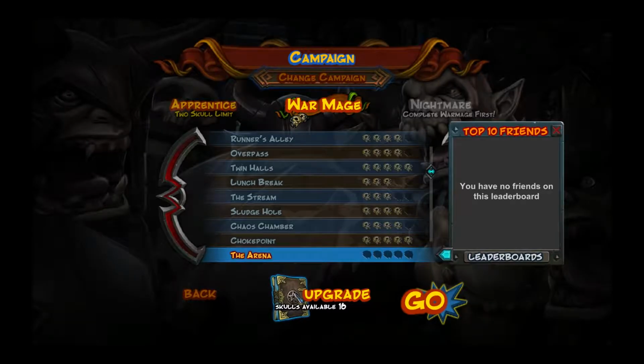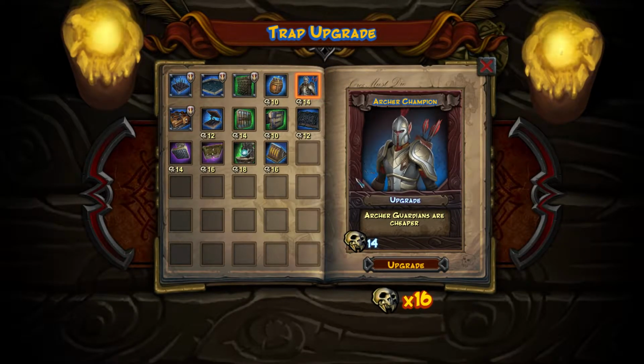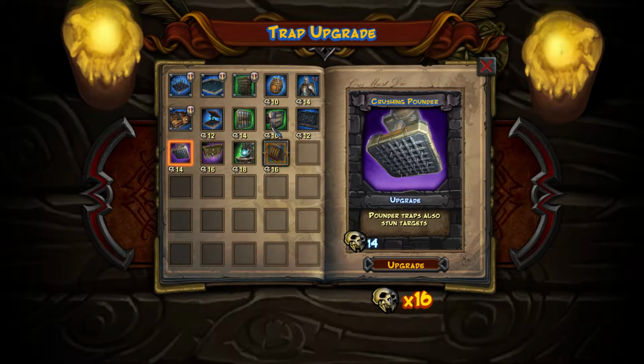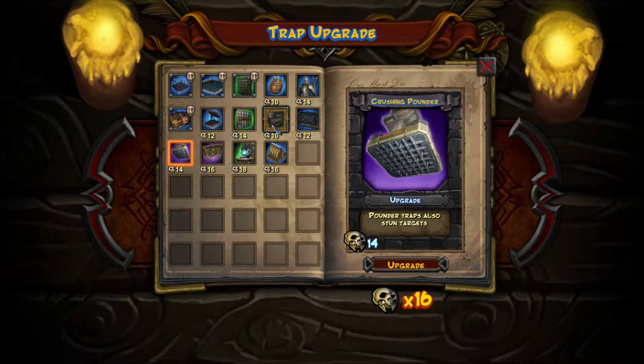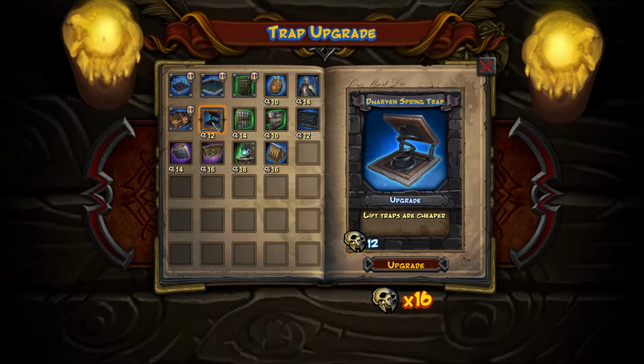So before we go to the arena, I've decided on the archer. I was thinking about maybe doing the flames, or this new pounder, or even the pusher. Mostly these two because of the stun ability, and I feel like that might come in useful later. I'm not really sure. This one just because I could maybe place one down in front of a door,